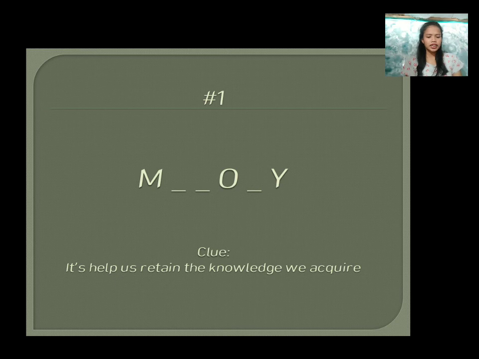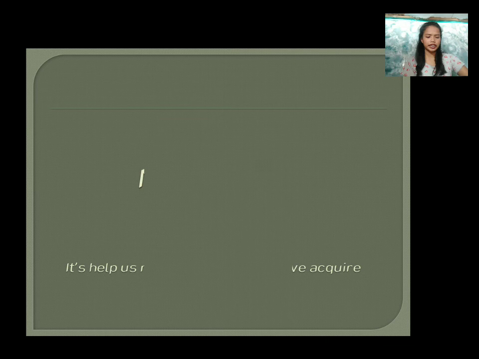The clue is, it helps us to retain knowledge we acquire. The timer starts now. The answer in number 1 is memory. Memory helps us to retain knowledge we acquire. The next one,